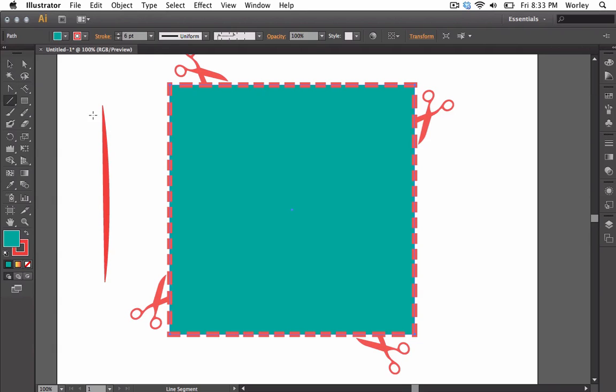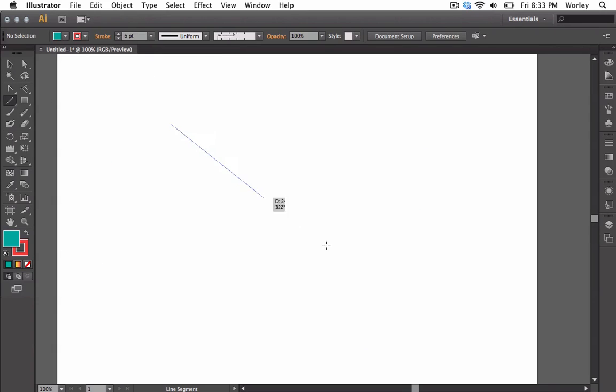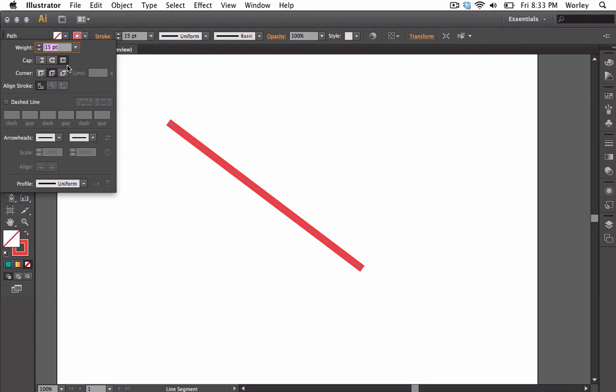Now, really quickly, before we're done with this video, I'm going to make a line. I'm going to make it quite a bit bigger. Click on the word stroke, and here, this is where the cap is kind of a big deal. So you notice that the end of your stroke meets up right with the anchor point, which is good. That's what you want. But if you wanted a rounded cap, then all you have to do is select this second option, and it rounds around your anchor points on either end of the stroke. And then you have the last one, which is a projecting cap, and that basically just expands it out past your